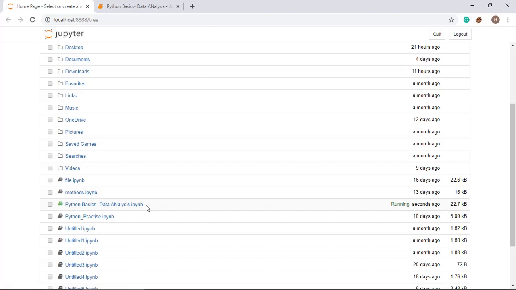And always remember that an .ipynb file cannot be directly opened from the system. Whenever you want to fetch this file, you must first open Jupyter and then fetch the file from the Jupyter notebook. Then only you will be able to open the .ipynb file type. These are special file types used by Jupyter notebook.